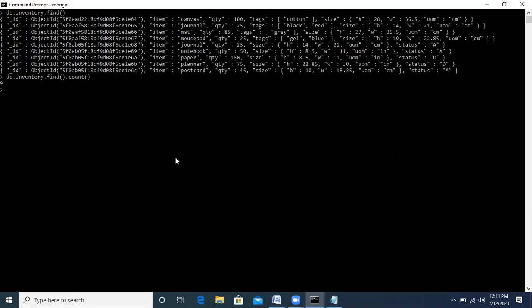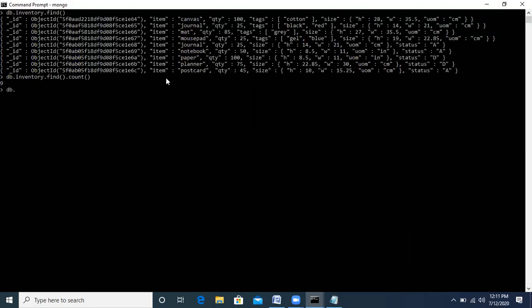So in this case, we have a database. Inside the database, we have collections. Inside those collections, we have a number of documents that we can create. So if we want to do the command select star from table name, then we can simply write db dot collection name dot find command. Now if you want to specify any equality condition, then the simple way is to type the condition inside this.